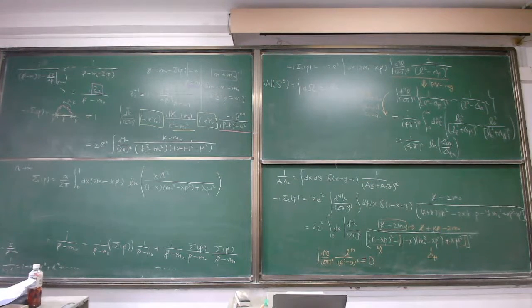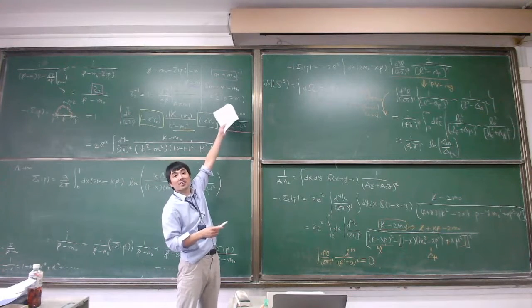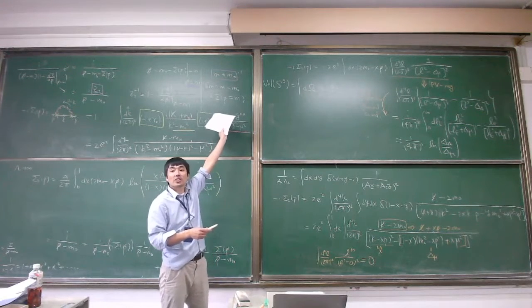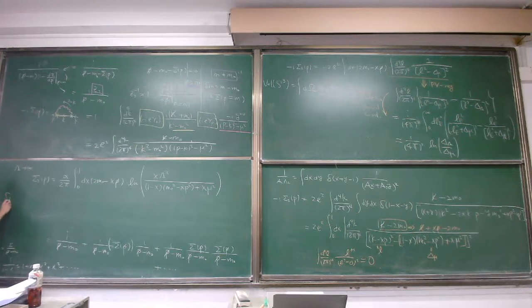Now, first we'll take a look at the difference between the physical mass and the bare mass. As I mentioned, δm is equal to m minus m0, and this is